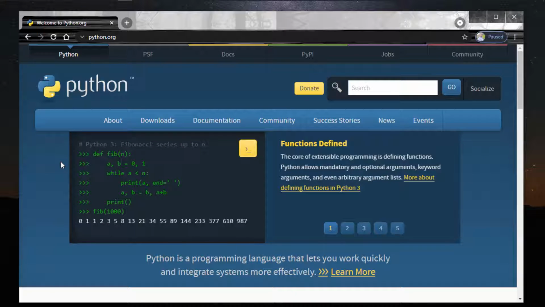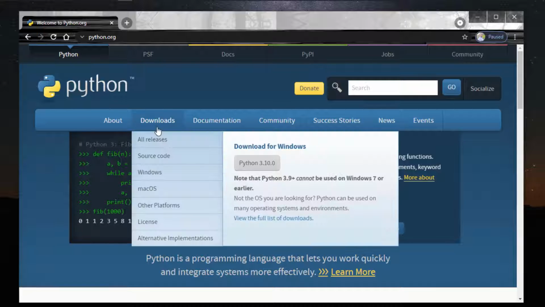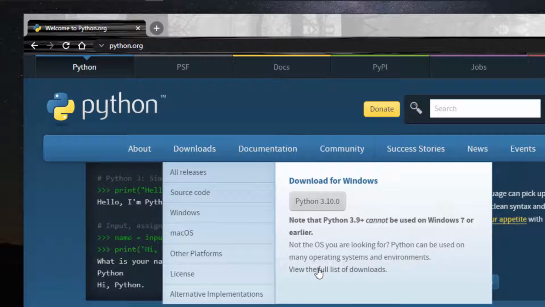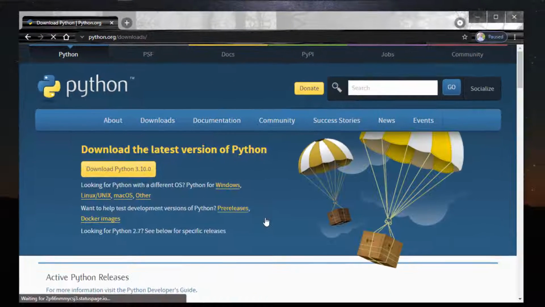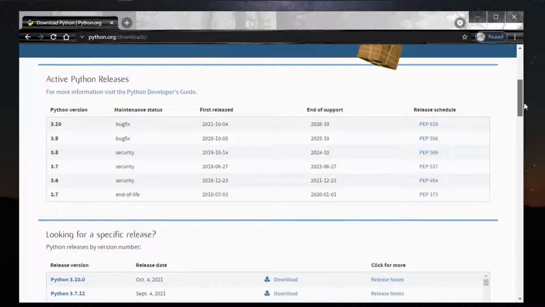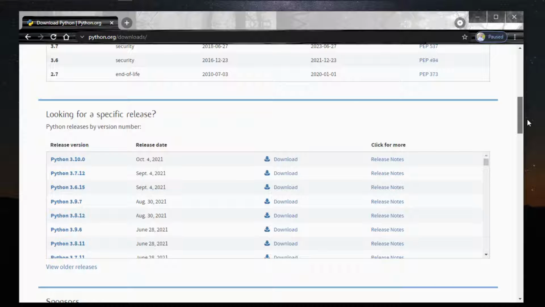Once that opens, hover your mouse on this downloads link as you have seen here. Now come down to where you have view the full list of downloads and click on that. Once that opens, drag your mouse to this other section where you have a list of different Python versions here. Now we want to download Python